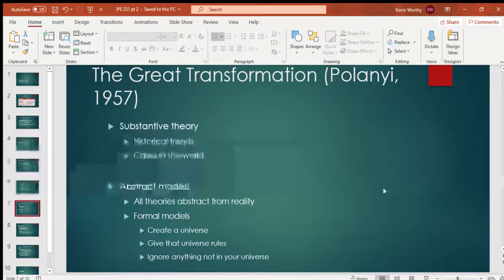So whenever you have a theory, you're going to abstract, and then formal models. The American school goes through formal models, and they follow this process where they create a universe. We say, okay, only these things are in the universe. Only great powers are in the universe. Realism's problem: there are only great powers in the universe. It's a self-help system, and the system is anarchic. I'm giving my universe rules. When realism makes these assumptions, they're creating a world in which these things hold.